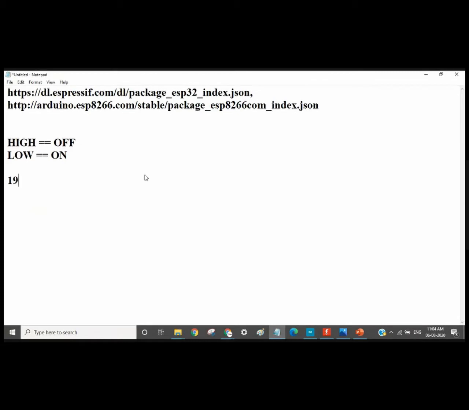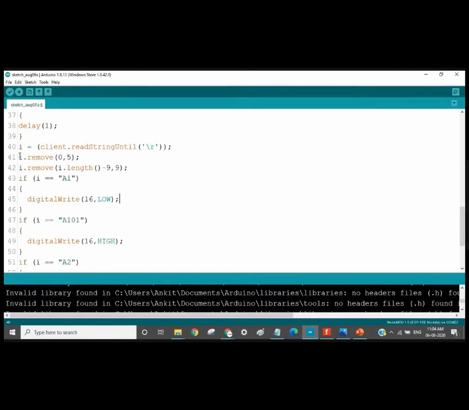For example, your IP is say 192.168.4.1, right? And your command is actually A1, right? So only this part is required. This part is not required. So we will remove this part. For this purpose, we are using this statement.